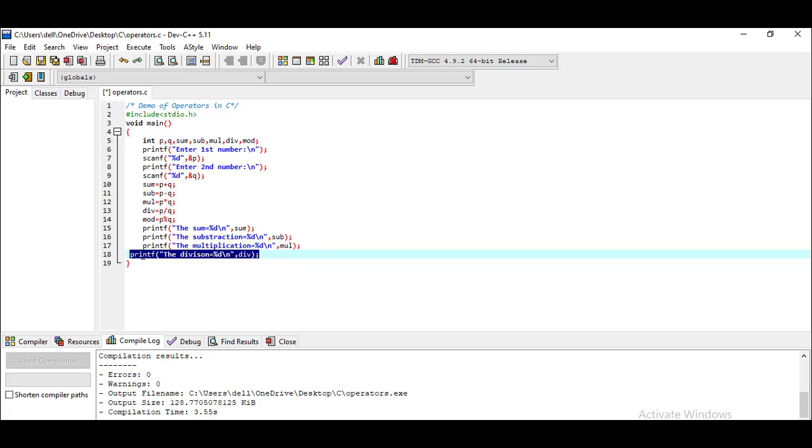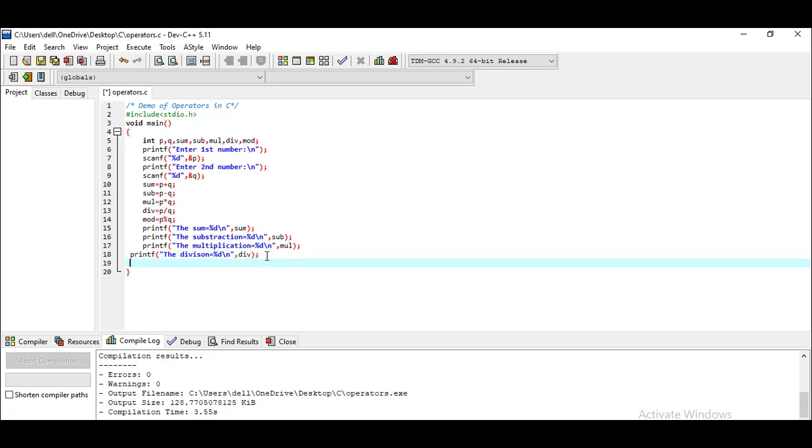So copy the line here and paste it here using Control V. We have to indent the program so it will be good for readability. Here we write the variable as mod, and instead of division we write modulus, and the \n escape sequence has to be used at the end, very close to the closing double quotes. There we have to use the \n. So save your changes.